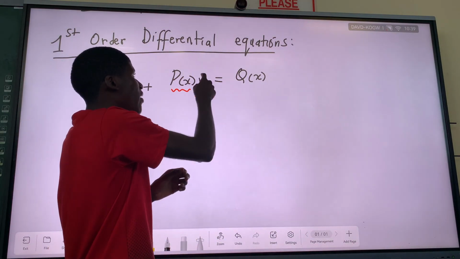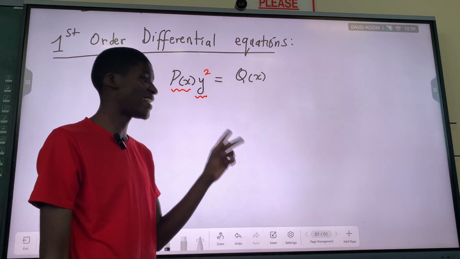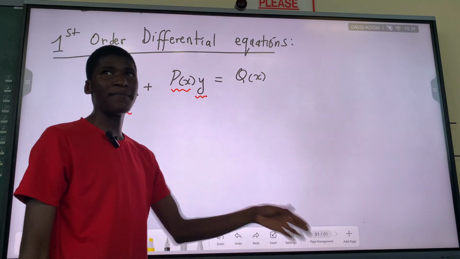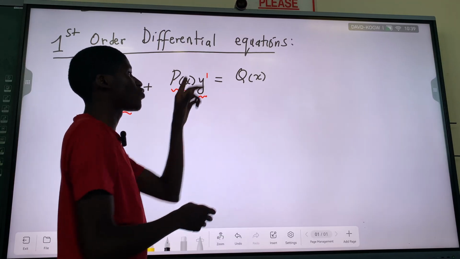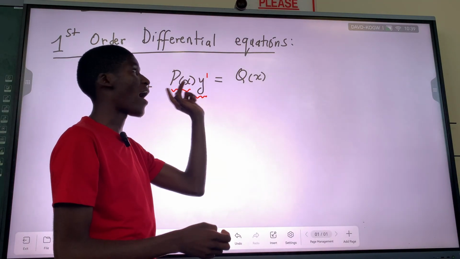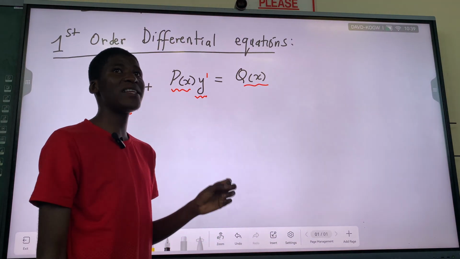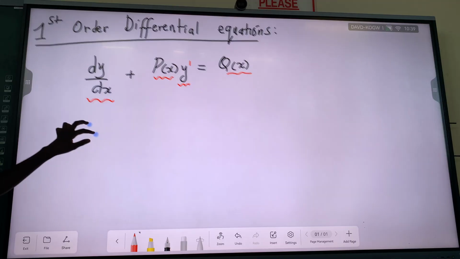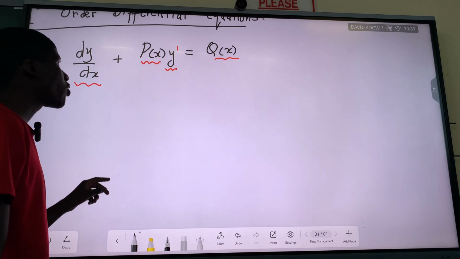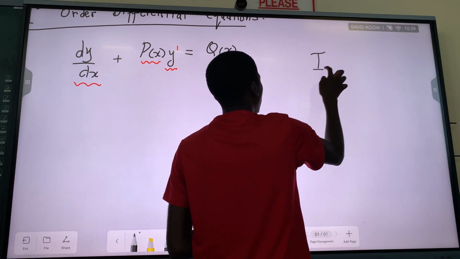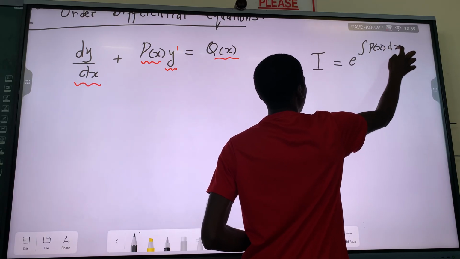So basically, once y is raised to something like y to the power of 2, that's not a linear equation. You cannot solve it that way. That's now a Bernoulli one. So this one is a first order linear equation if the exponent is 1 or 0. We check the exponent of y in the equation, and then we've got only a function of x as our non-homogeneous part. So if we have this as the format, we must always know how to find the integrating factor, which is found by e to the power of the integral of p(x) dx.